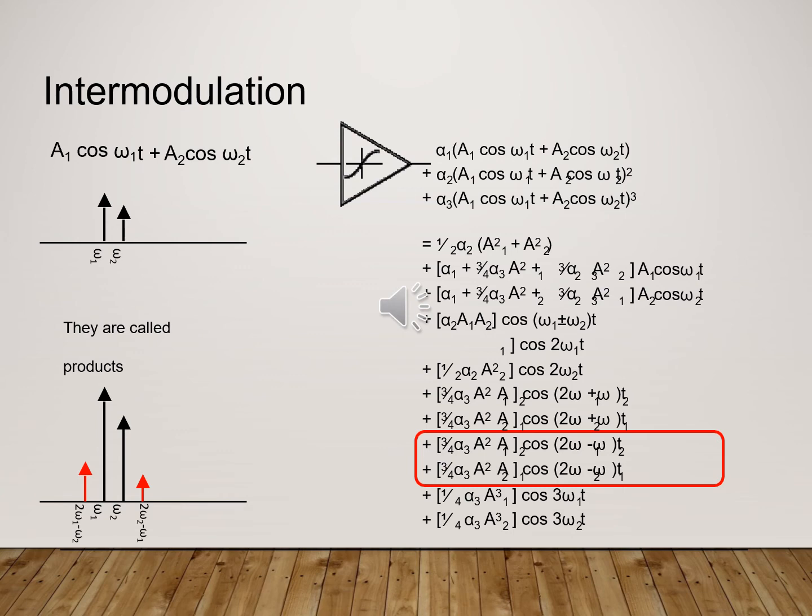The output will follow the Taylor series model as we spoke earlier. As you see, we have new harmonics and newly generated intermodulation products in red in the slides. You can see they are very close to the fundamental frequency,